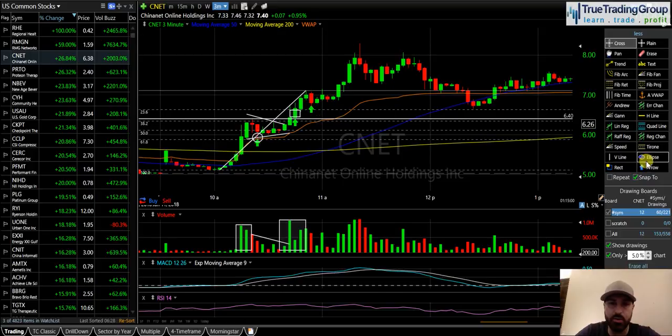Notice how CNET then started to hold above the 23.6 Fibonacci retracement level. You don't see that often. A stock holding above the 23.6 Fibonacci level is the most bullish signal that the Fibonacci indicator can give you. It shows that a stock has pulled in the least amount after making a big move higher. So once you saw CNET hold and consolidate above that 23.6 Fibonacci retracement level, you start to look for